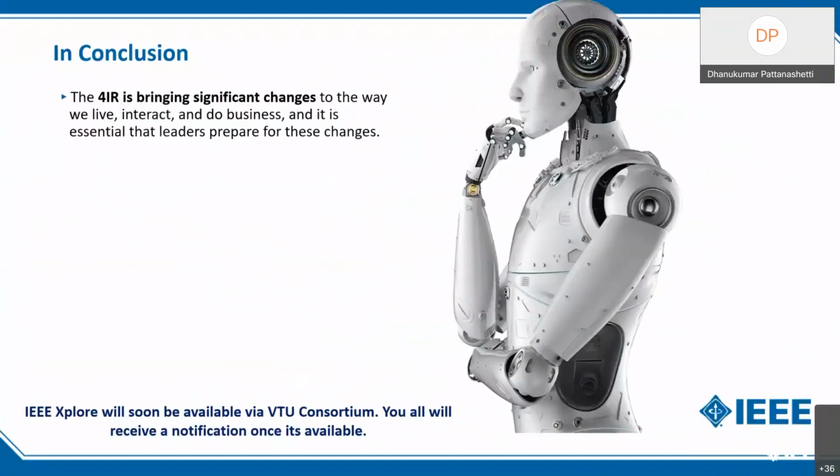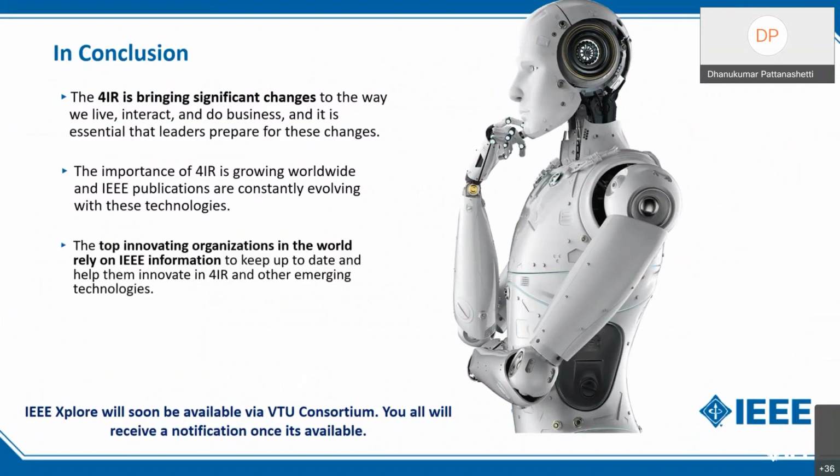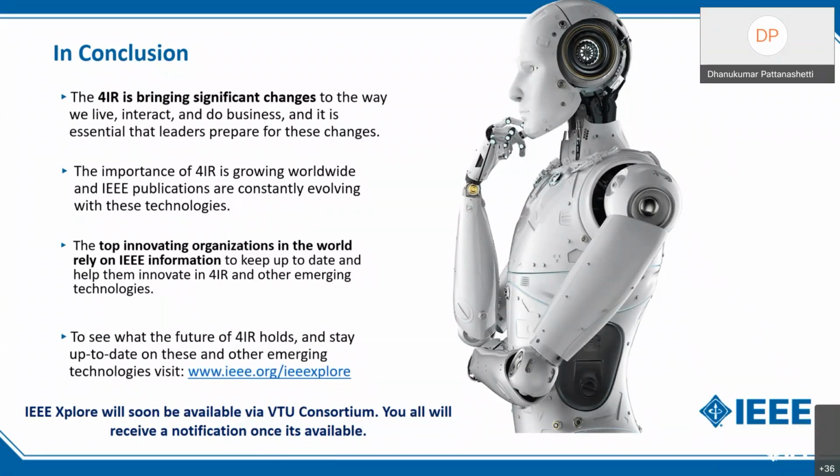In conclusion, the fourth IR is bringing significant changes. So please be prepared. Please do refer to articles, enhance your knowledge. And IEEE publications are also constantly evolving with this technology. We come out with new enhancements, new journals, new articles as well. So the articles keep you up to date and help companies innovate and also help you update yourself. To see what the future holds, please do access the IEEE Xplore Digital Library with the help of the site here,